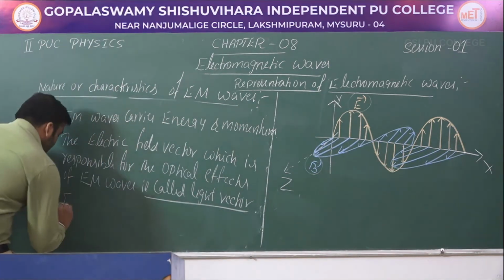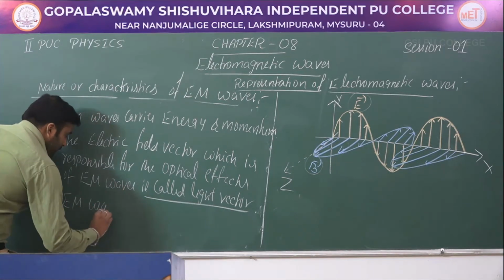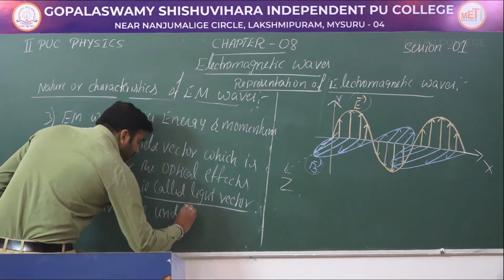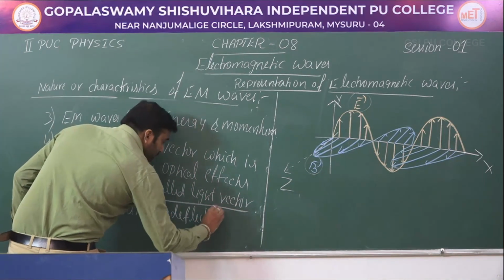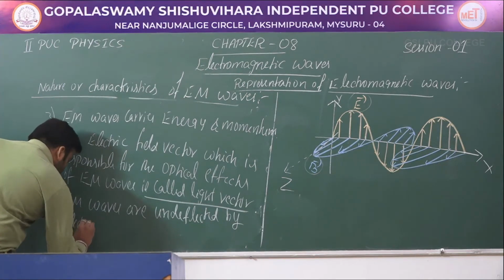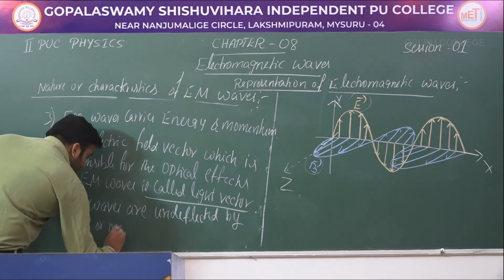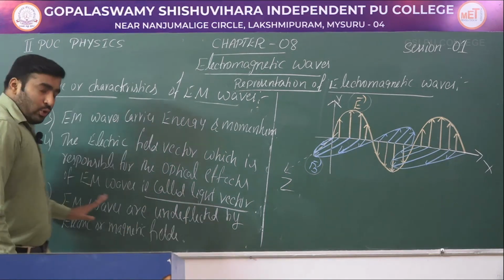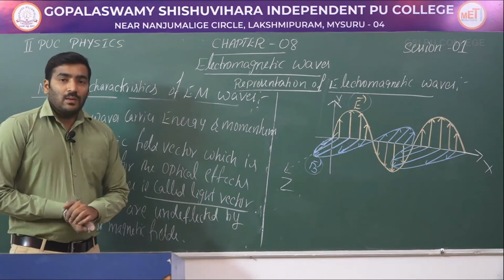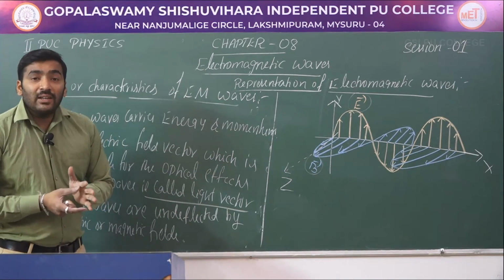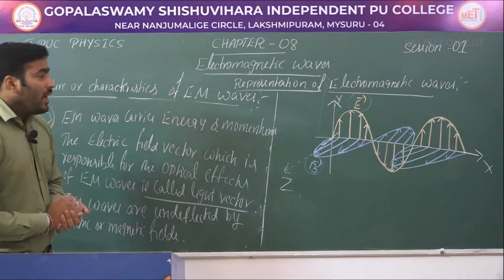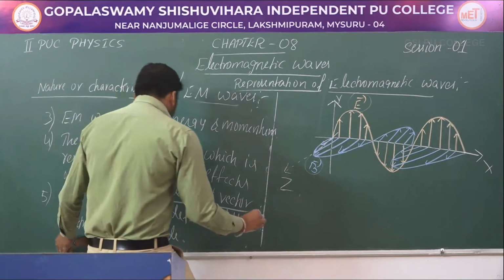Next property, electromagnetic waves are undeflected by electric or magnetic fields. Electromagnetic waves are undeflected by electric and magnetic fields. By applying an electric field or magnetic field, we cannot deviate the path of an electromagnetic wave. And we have one more property, the last property,